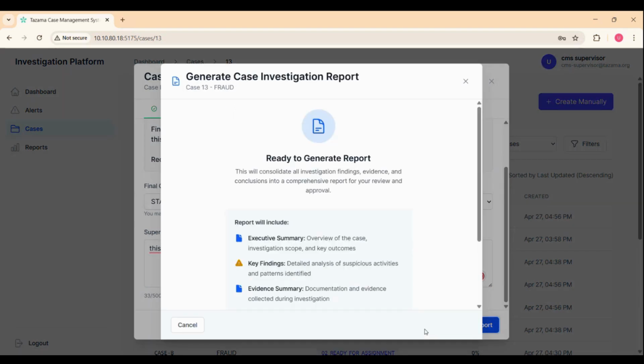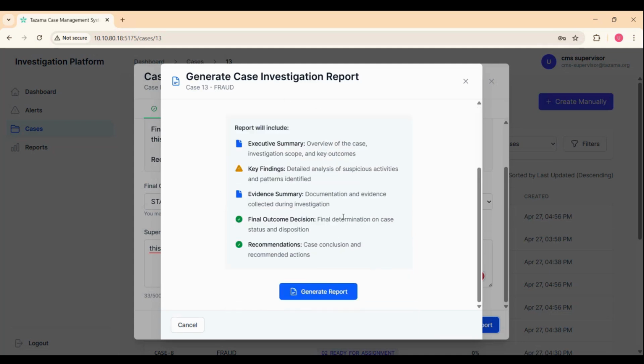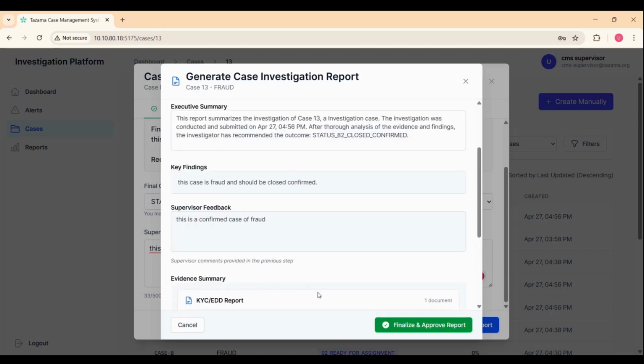and generates the investigation report. In the generate case investigation report, he can see the following: the executive summary, the findings, the evidence summary, the final outcome, and the recommendation as well. He presses the generate report button